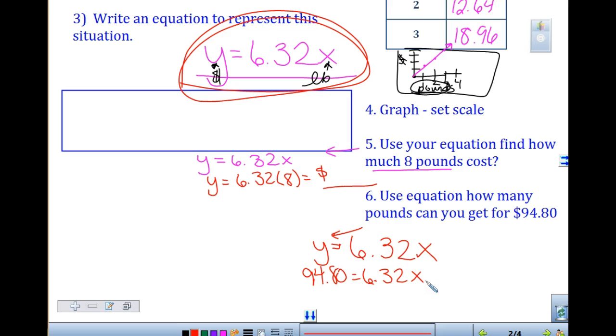Janessa, what am I doing to solve for X? Dividing both sides by 6.32. Okay? So on your quiz, you're going to have all of this written down. If you didn't write this down, please do so right now. Okay? If you didn't write that down, please do so right now. The other